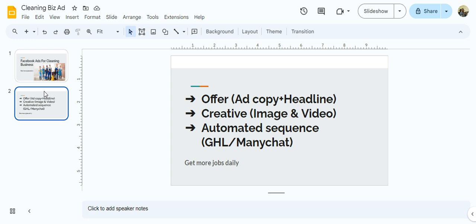And then you also need an automated sequence, either Go High Level or ManyChat. I use ManyChat because it's cost effective for a lot of people here in Africa. Go High Level is also good, but it's quite expensive for some business owners. So if you don't have any automated sequence, I'm going to show you how to also create a simple one inside of Facebook without paying for any of these softwares. So without wasting much time, let's go into the Facebook Ad Manager